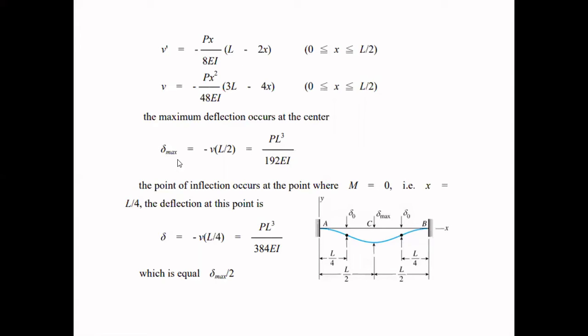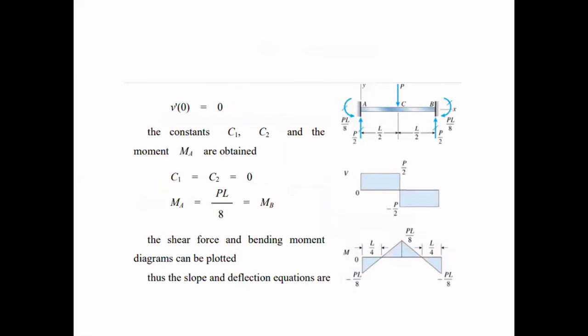Now maximum deflection, that is del max, is equal to minus, and it will occur at L by 2. This is the maximum deflection that will occur at L by 2. We can easily see the force is acting at a length L by 2. So when the deformation of this beam occurs, the deformation shape will be like this. The deflection of end support A will be 0, and the deflection of end support B will be 0. Obviously, because it is fixed at both ends, it will not be able to deflect at the ends. So on the application of the downward load P at the mid span, the deflection curve for this beam will be